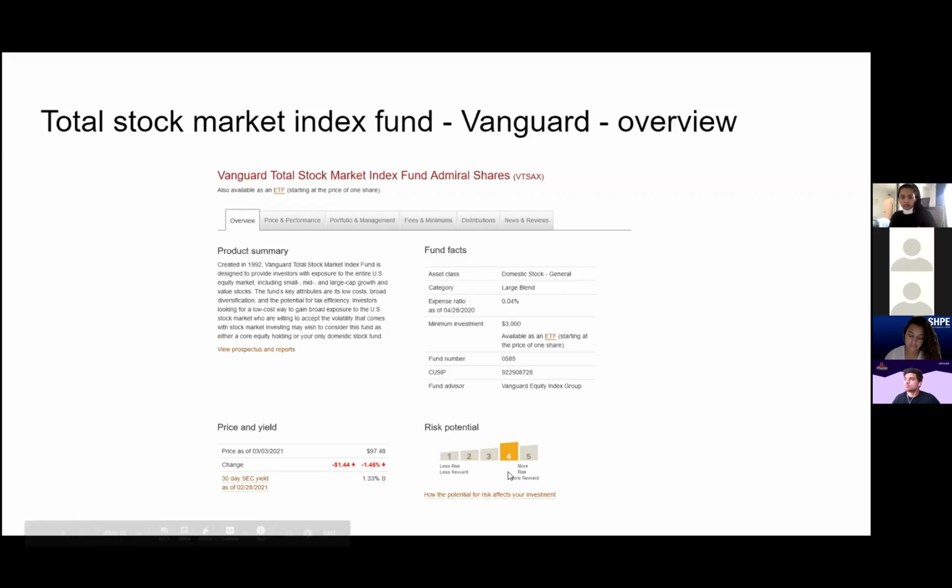And you can see here, this is high risk, so more reward. And as an accumulator, I said before, you have to be saving 1.5, 2 million. Those are the numbers you're looking to save. So as a young accumulator, you need to be taking risk. And this is a really good fund. So this total stock market fund should be the core of your portfolio.